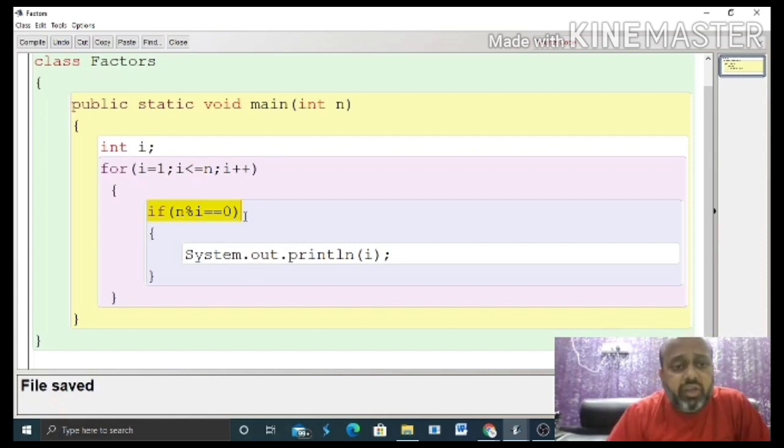Suppose you are giving 10, the numbers which are divisible are first 1, then 2, then 3. i value will be 3, but 10 is not divisible by 3. Therefore, 3 will not be printed. Again, 4 will not be printed. Again, i will be 5, 5 will be printed. It will continue. Once I am executing this for you,